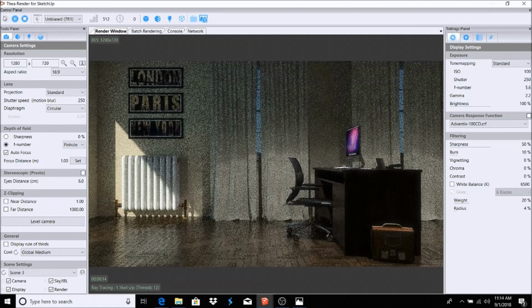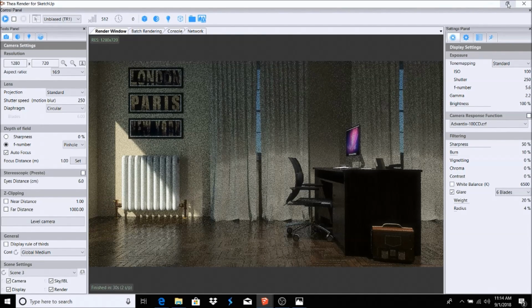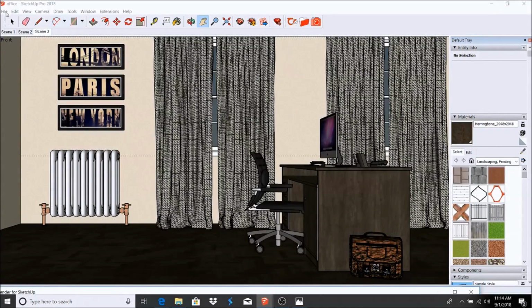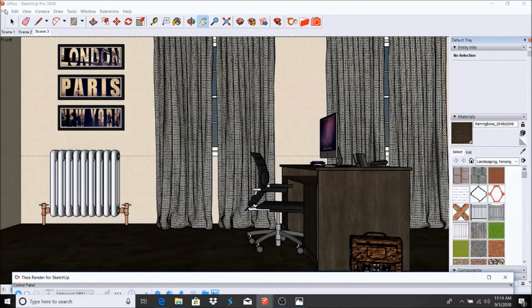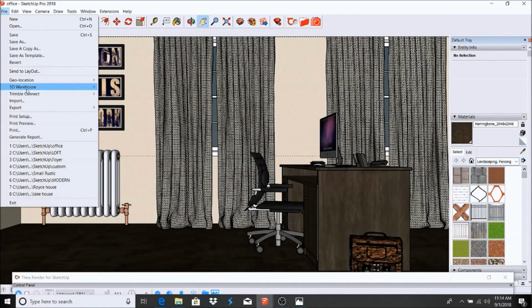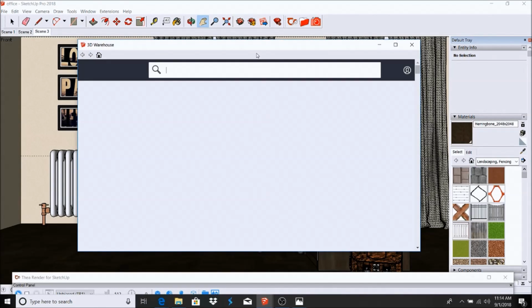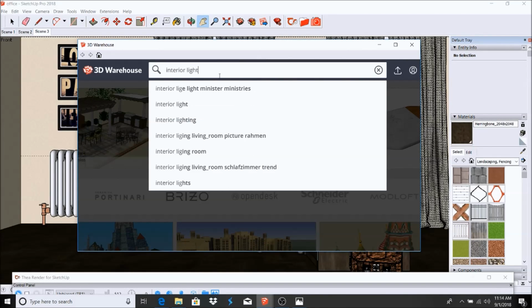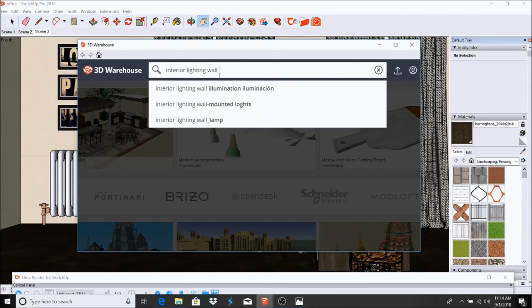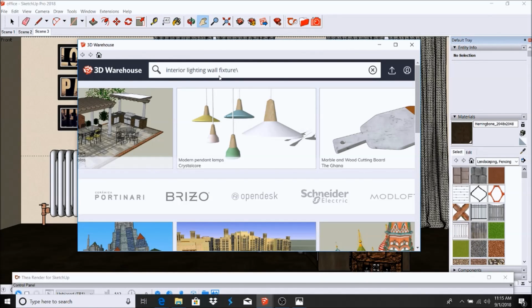So let's just say I want to add a light fixture here. So let's add a light fixture here, and we're gonna add an emitter to it. So make sure I click stop. If you don't click stop, it'll start lagging because your processor is running pretty fast. So let's do interior lighting. Whoops, wall fixture. I could have just probably put interior wall fixture or something, but